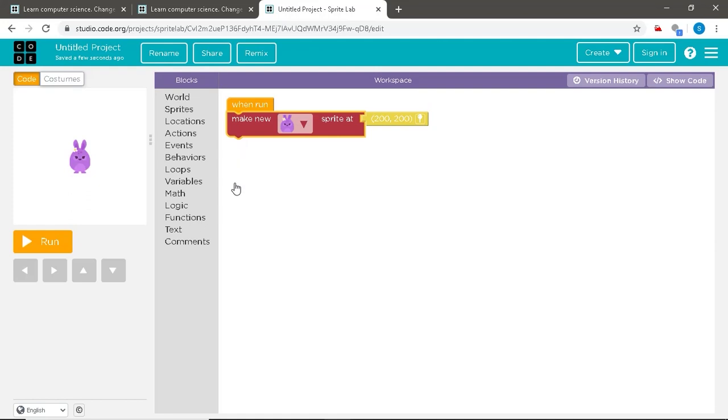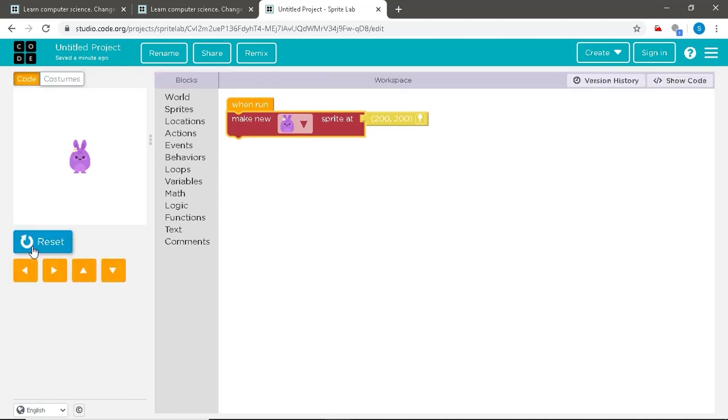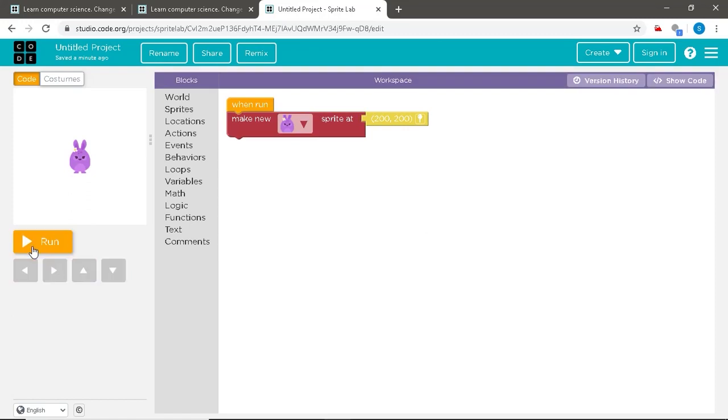If you observe, there is also a button in orange color called Run. This button helps you to compile the script which you have done in the workspace. It allows you to run the code, and again you can click on Reset to come back to the initial code. So this is the basic understanding of the project page on code.org. I hope you are now familiar with the platform.